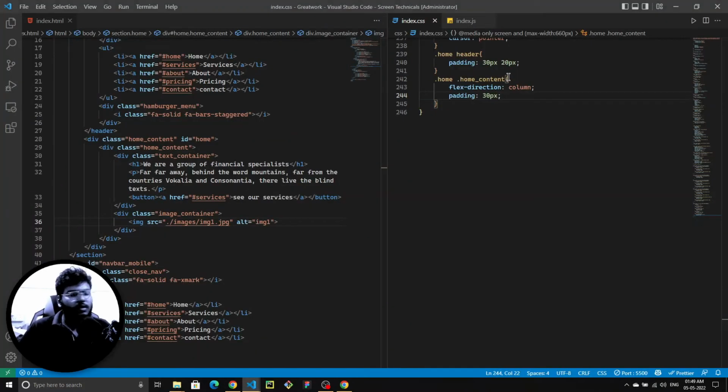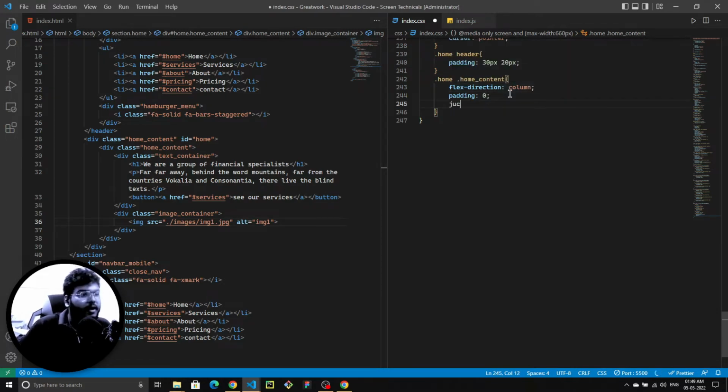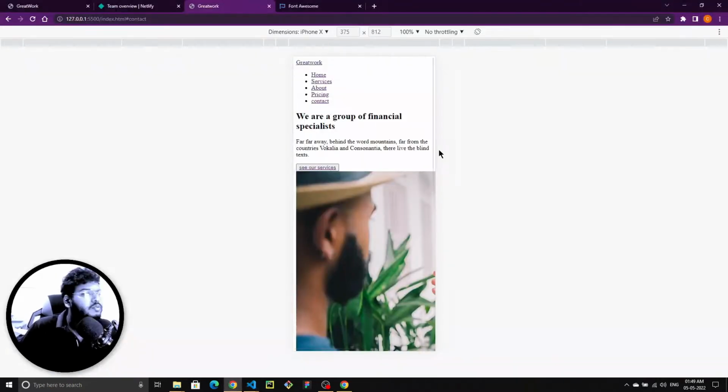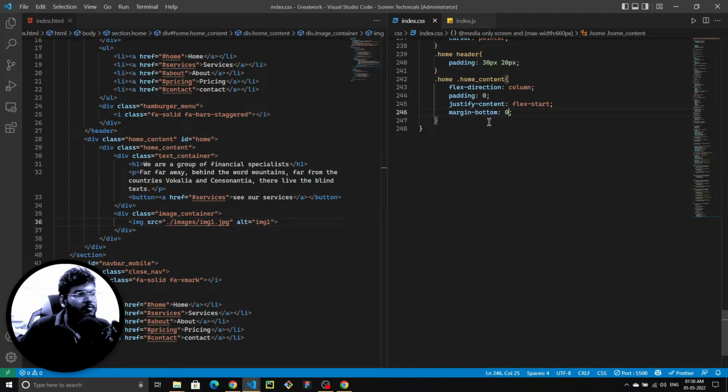Right, and so just make the padding first to be 0 pixels, 0 at this point, and then right here justify content to be flex start, and then I'm going to add the margin bottom to be 0, right, and then after this dot home content,